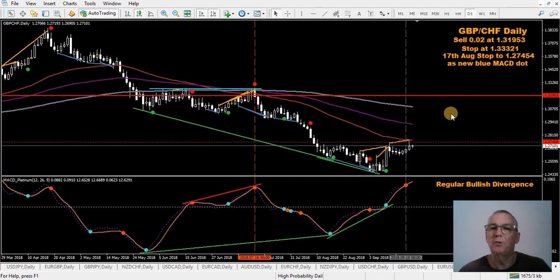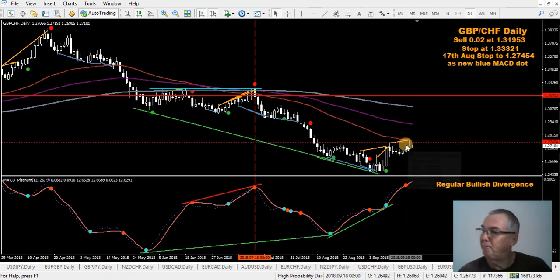Pound Swiss. What happened here? It's in a sell trade back here. Already closed out. No, it's a full sell trade. Hadn't even closed out half. And the remaining, not